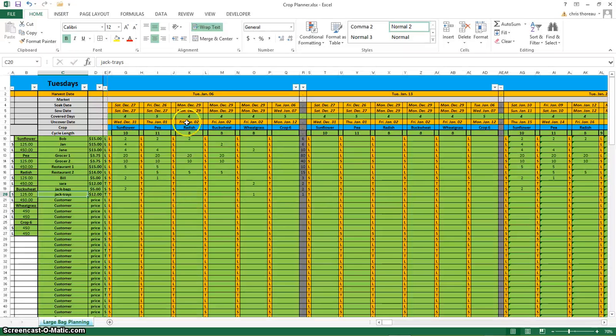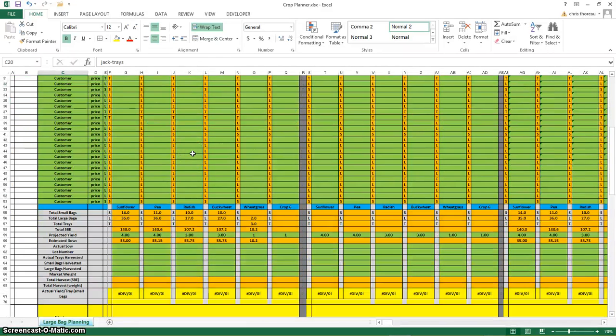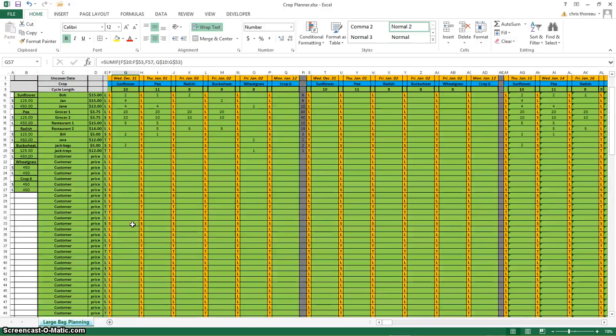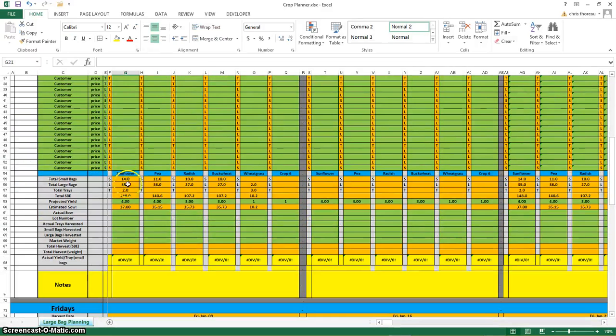So now that that information is there, all our sewing information we're going to leave as before in our review. And it's going to put some information down here. So it calculates our number of small bags. We're looking at sunflower here. So there's the number of small bags, our number of large bags, our total trays, which is none. Just double checking there. Just put in 2 for fun. Jack, so it's in there at 2. So the total small bag equivalence is 148. So the equivalent of 148 small bags, and if we're getting 4 of those small bags per tray, we need to sew 37 trays. So we're going to sew 40 trays, and